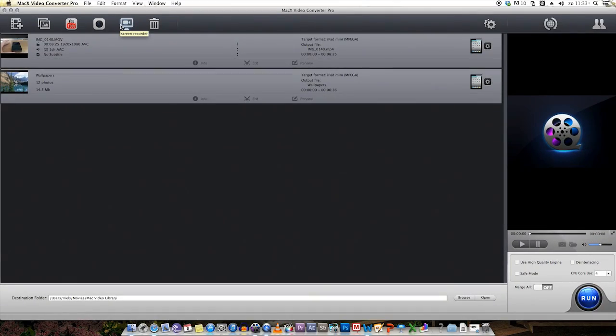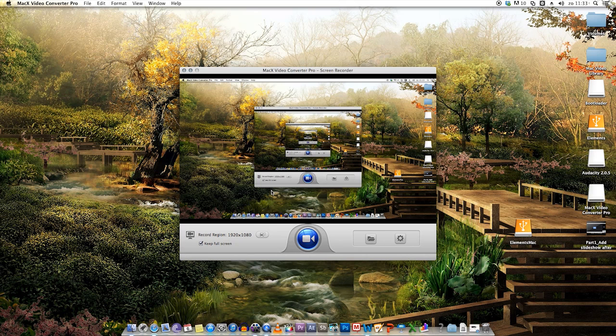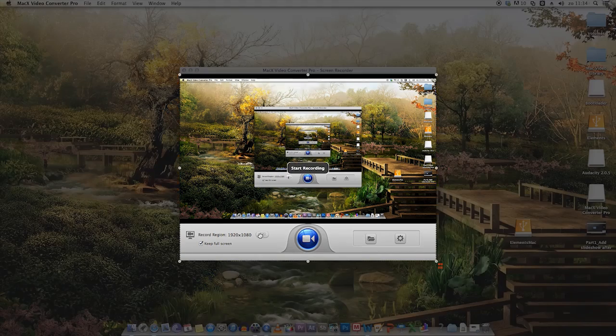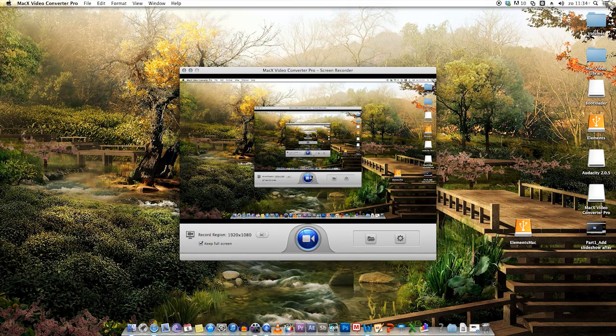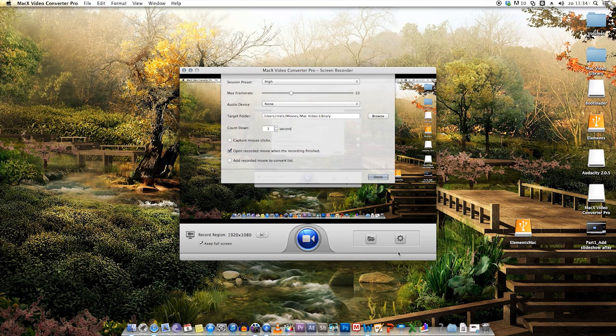And the last but not least is the screen recorder. That's some nice screen recorderception going on there. So this is your recording region. It's now set to my full screen. You can also just crop it, click that, and now it's just locked to this window. We don't want that, so we're not going to do that. Once again, this menu has a preferences button. You can set your session preset, which is the resolution at which you want to record, which can be photo or 720p. Once again, an external audio device, the frame rate at which you want to record, the output folder again,